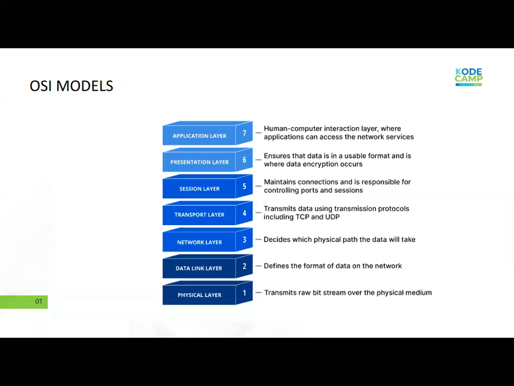Then we talk about the data link layer. The data link layer is also another fundamental concept in the OSI model that